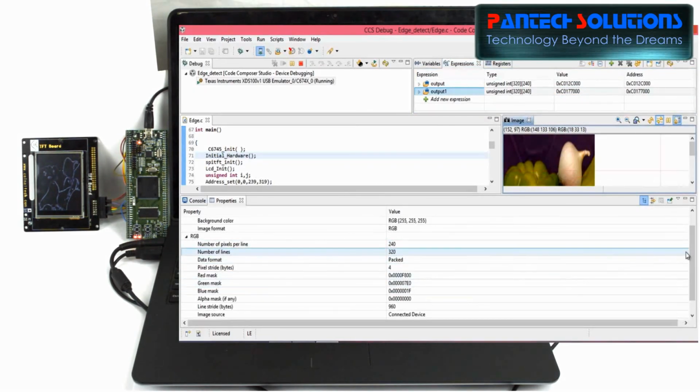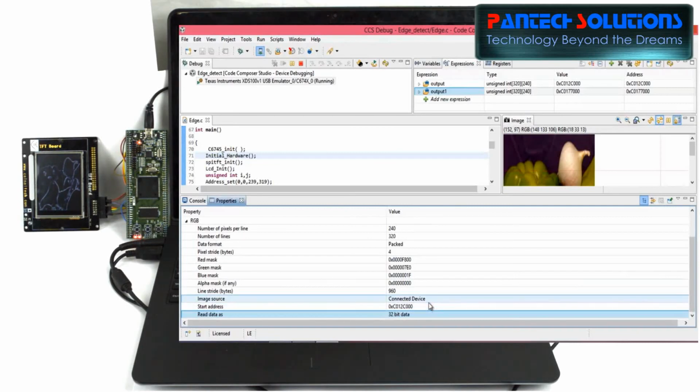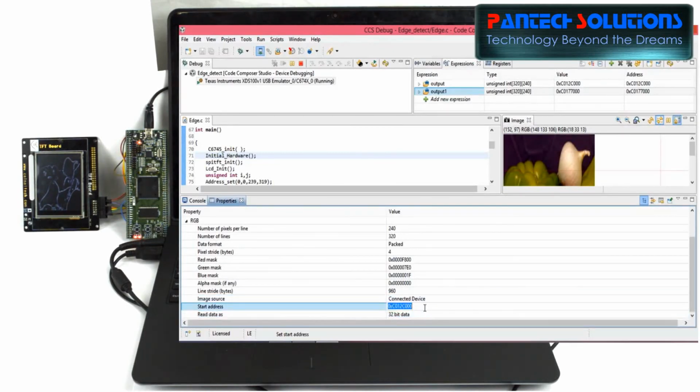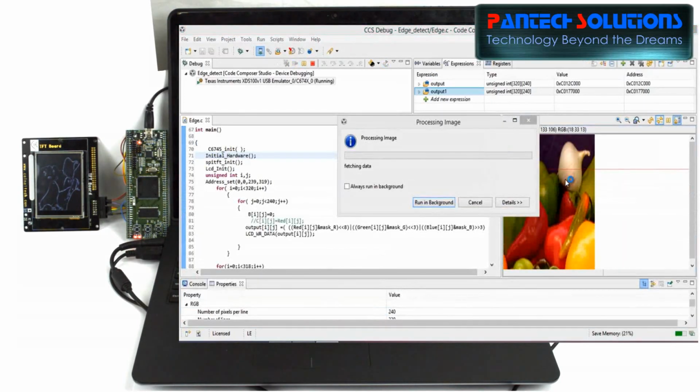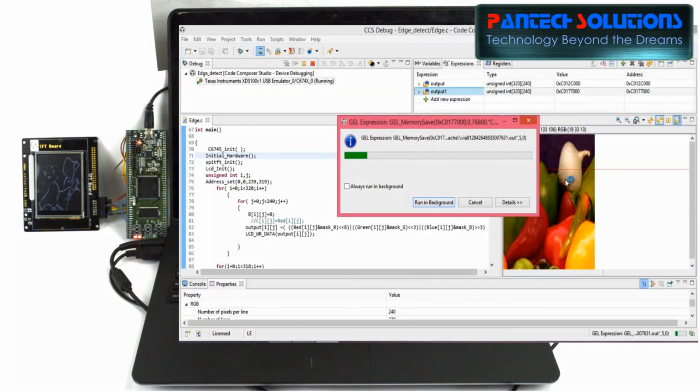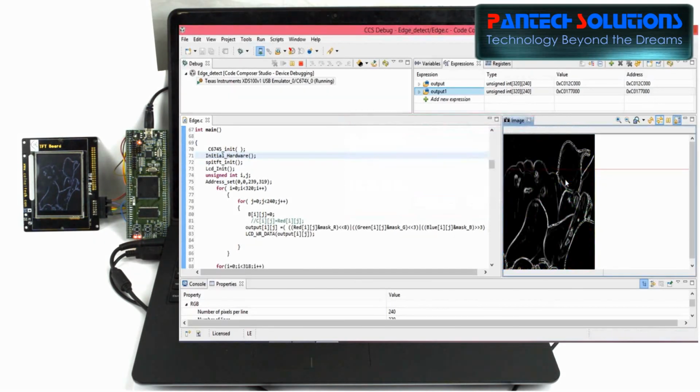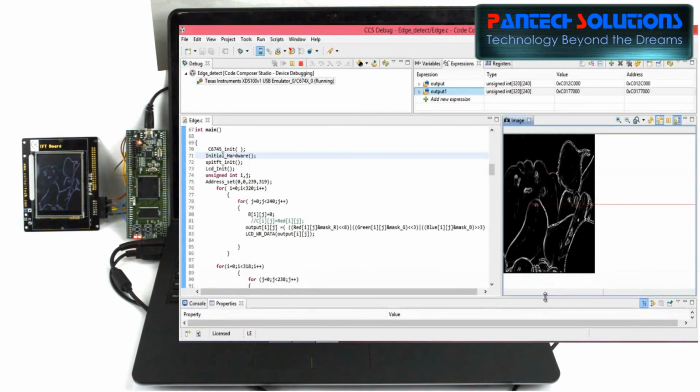Then we have to enter it into starting address to display the output image. Okay, this is our output. So now we can see the same output in image viewer as well as TFT display.